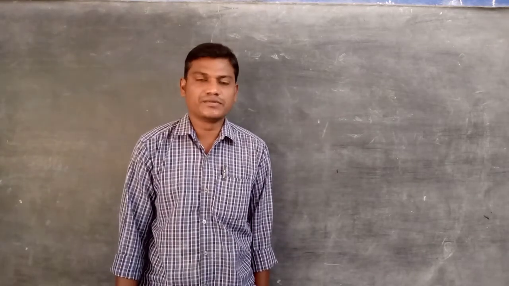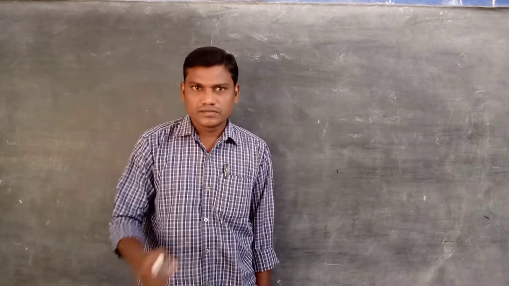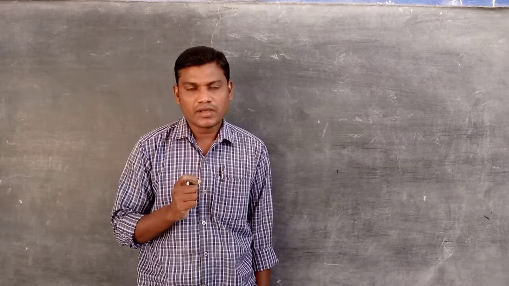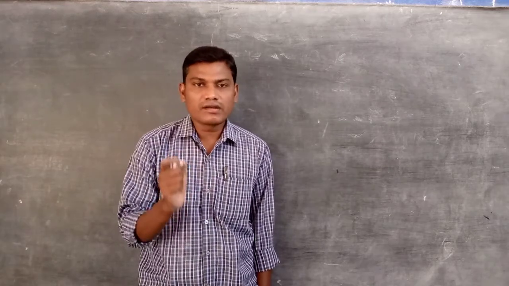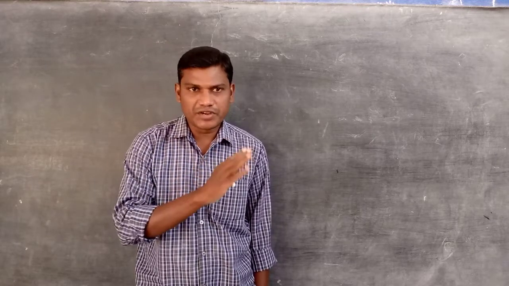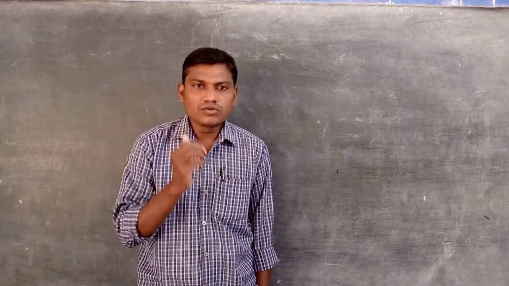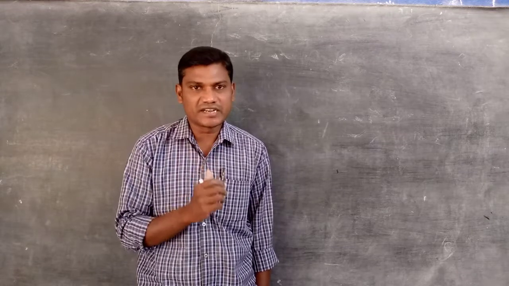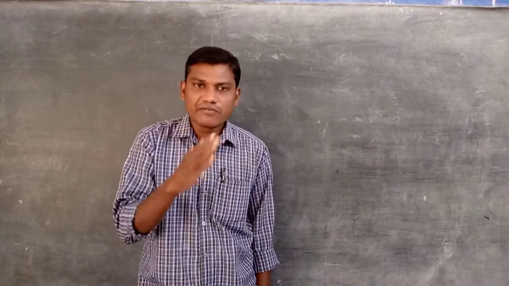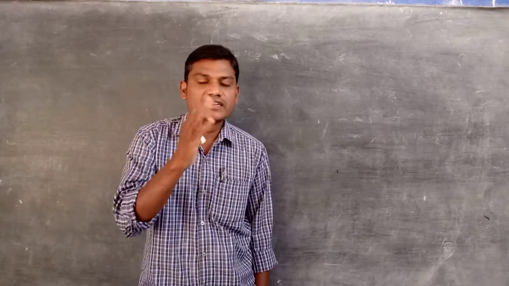Today in this part 2 video, I would like to explain the graphical representation for image formed by the concave lens. Already in our previous video, we clearly discussed how to graphically draw the image formed by the convex lens when the object is placed at different positions. So once again, listen very carefully.